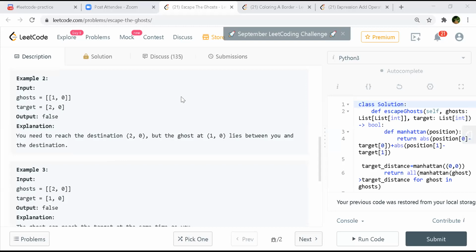But what happens if the ghost starts moving towards you instead of moving to the target? It might be easier for it to move to you, right? But will that case arise? It might. If it is at 0,0 and he's at 1,0 and your target is at 8,0, he can come to you before you actually go to the target. I think the host would not try that. Yeah, that is what we are assuming. I'll try to explain that mathematically.